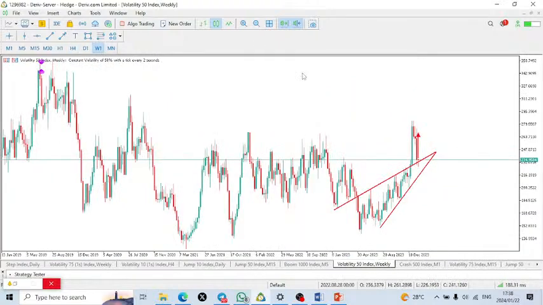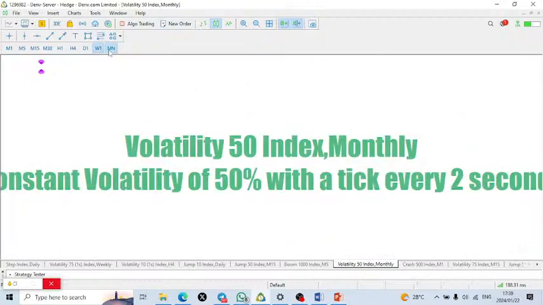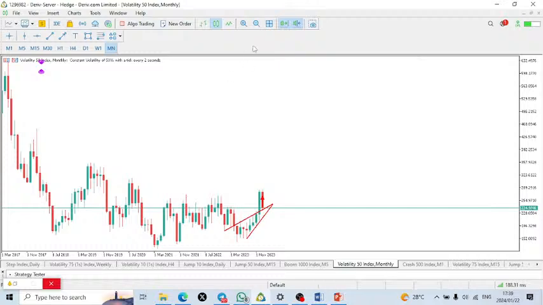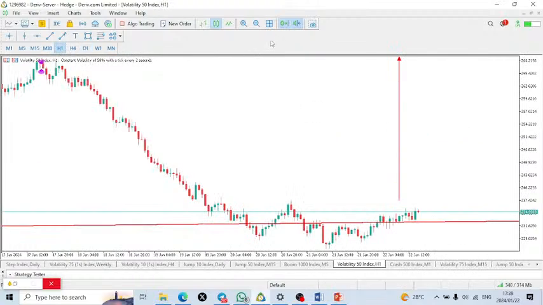So if you go to the weekly, here we can see that price took out the low of this weekly, and price is likely going to move upwards. So basically this is what I'm seeing. Okay, so this is what I'm anticipating. Here we are going to have a series of bullish candles, but if I go to the 1 hour,